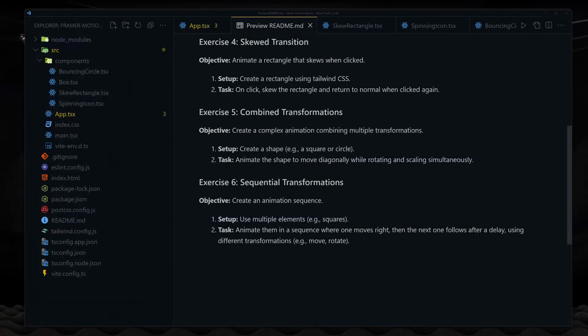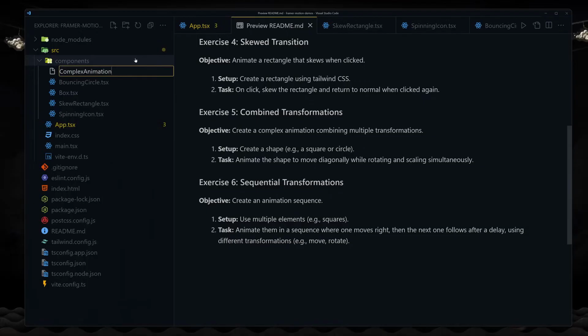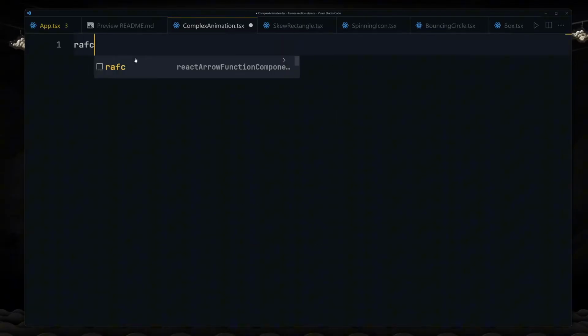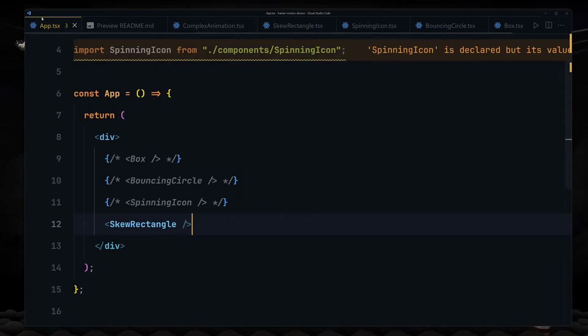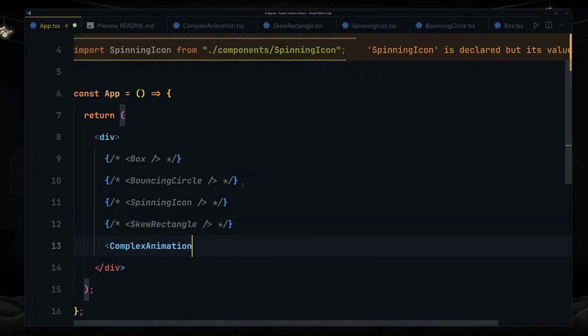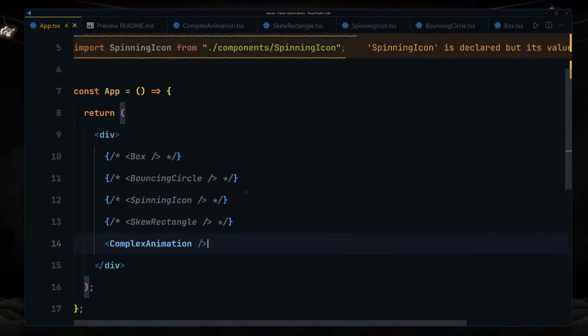And I'm going to just create a component right here, the name of combine animation.tsx. I'll use my RAFCE inside there, copy the name of there, and go ahead and register the component right here, like so. I'm gonna go